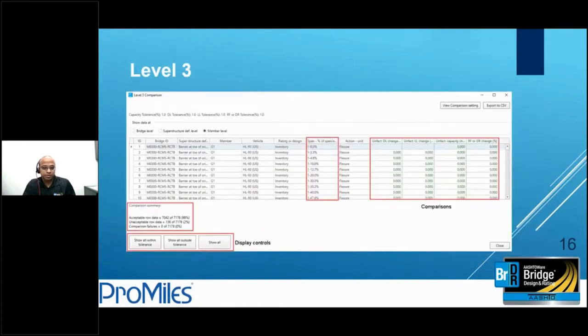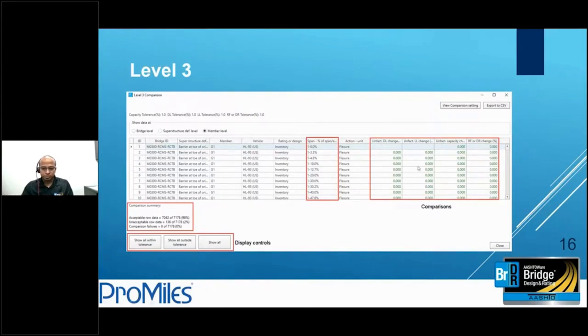This is the level three comparison, which is a very detailed comparison for each POI of the member. And as you can see from here, there is a span information, which is span say 1, and a percentage on the span, so it's 0%, 3.3%. And also, this window had the potential of becoming really wide, like the bridge rating summary or the bridge rating results window with multiple results or multiple ratings in one row. So we